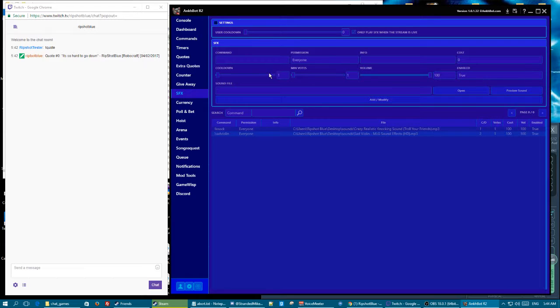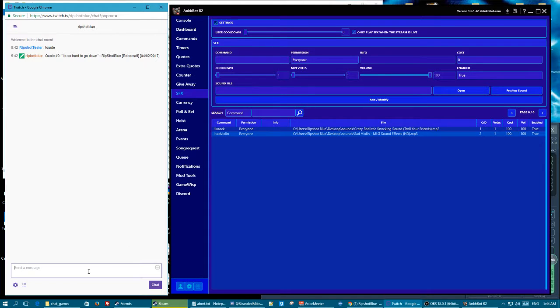You get sound effects, so from here if you wanted to, you can hook up sound effects. So for example, if I were to turn it on and do exclamation point sad violin,